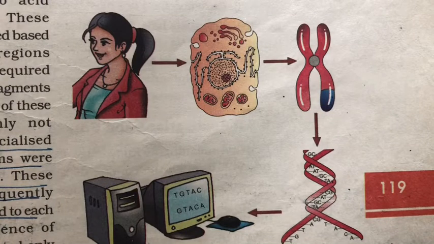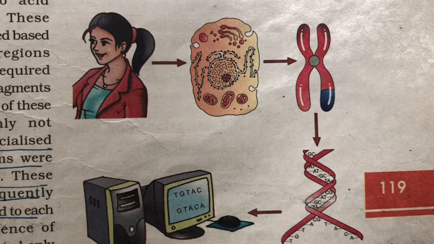Now the method employed: isolating DNA, then digestion of the DNA, that is, cutting it into small fragments, then amplifying the fragments using BACs and YACs. BAC is the bacterial artificial chromosome, and YAC is the yeast artificial chromosome. And then the sequencing by automated DNA sequencers, which were developed on Sanger's method of sequencing. And then arranging on the basis of the overlapping regions.